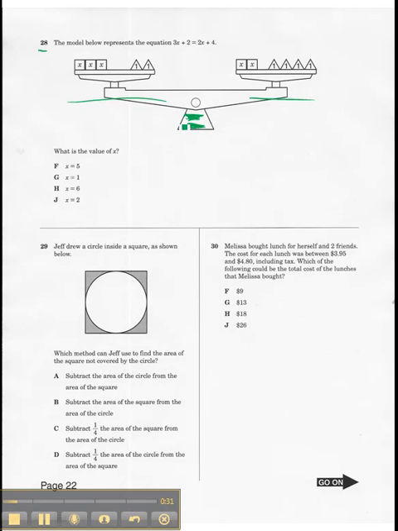So the scale is like an equal sign. And on the left side we have 3x and 2 units, so plus 2. And on the right side we have 2x plus 4. And I think if they give you a picture like this, I think the easiest way to solve this is just